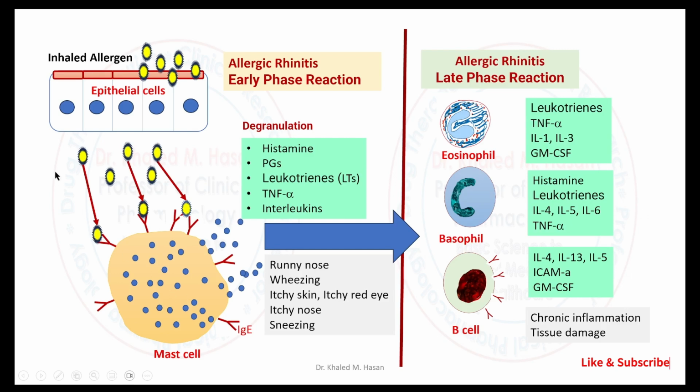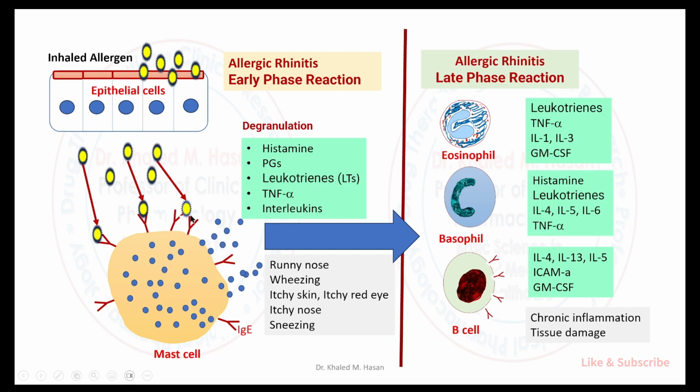As you can see from the picture here, first of all we have the allergens in close contact with the epithelium, with the mucosa, then they penetrate the mucosa. This allergen contacts the IgE on the mast cell surface. IgE stands for immunoglobulin E. So the inhaled allergen contacts the IgE, and IgE, by contacting the mast cells, will trigger degranulation of the mast cells,